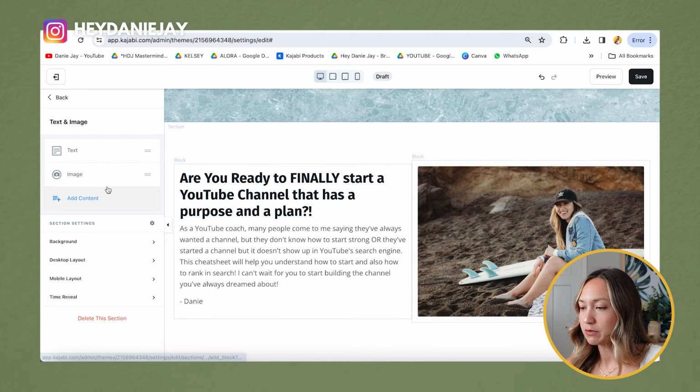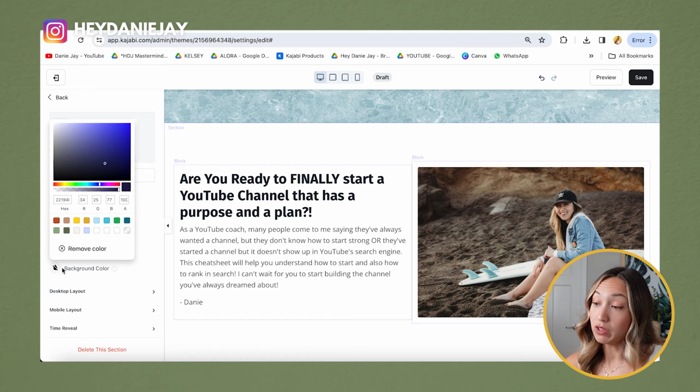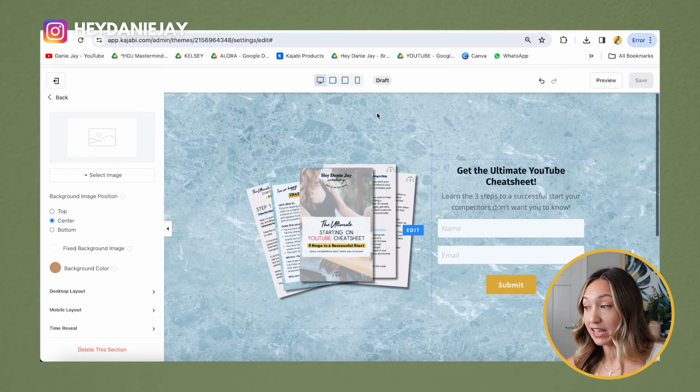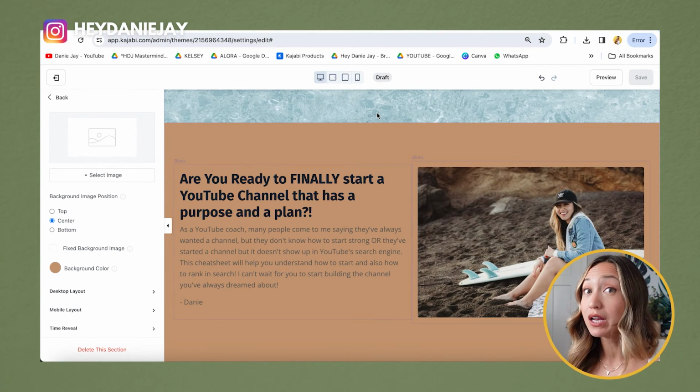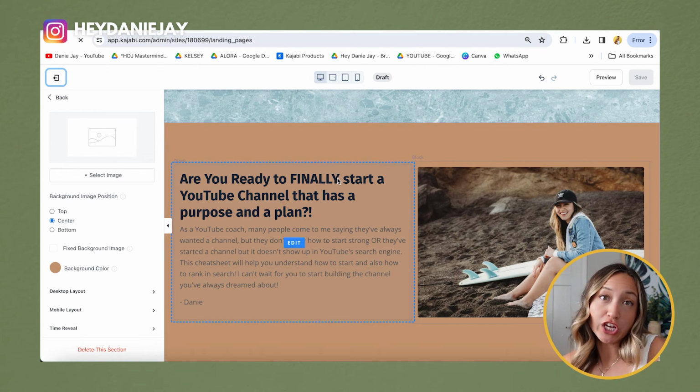And then again, if I wanted to make it extra bougie, I can add a background, or if I'm too lazy, I could just add a color to the background, make it look a little bit nicer. Hit save, and then you have your opt-in page done. But before you are finished, when you click save, you want to make sure you change the URL